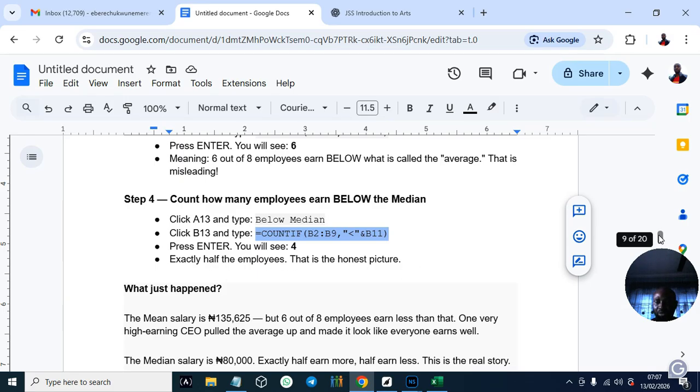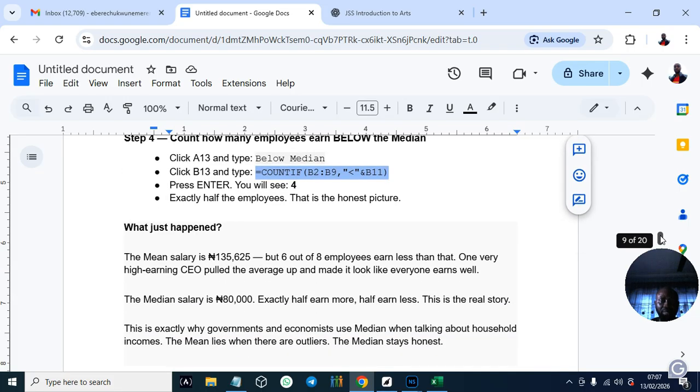This is the next picture. So when there is an outlier, this is where the median comes into play, right? So what just happened? The mean salary is 135,625, but 6 out of 8 employees earn less than that, which is wrong.